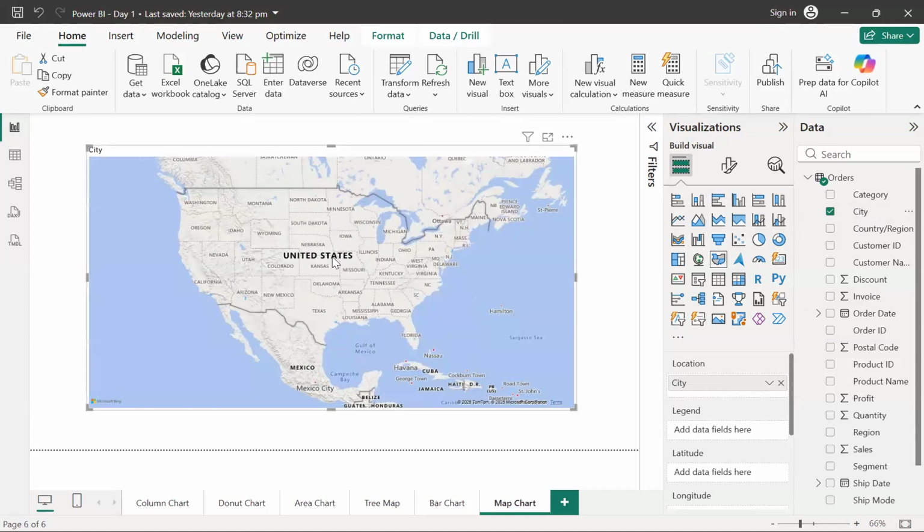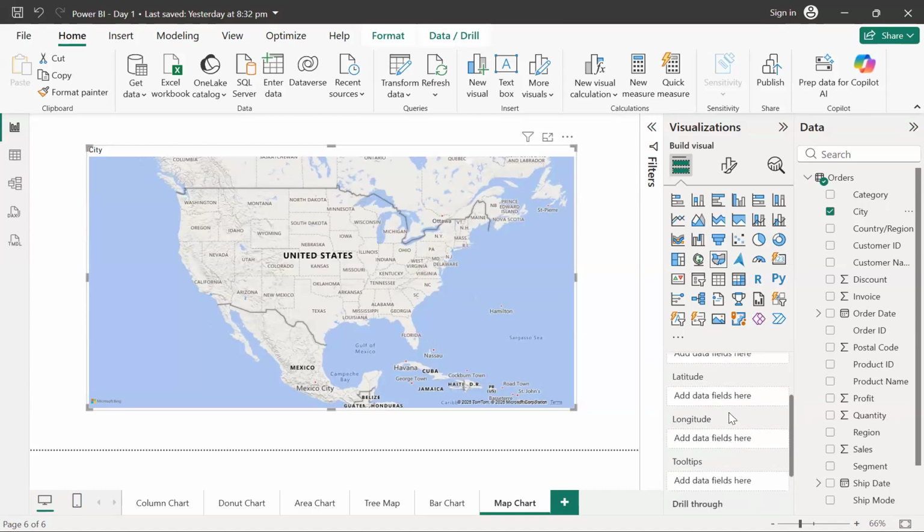There's a very simple reason, guys, that we have this data from the United States itself. So that's the reason as soon as you bring that city column, you're getting the United States. Now there are just a few cities, guys. If I just want to observe it, if I just want to hover over it, let's see how we can do that. We can try to bring two things over here, guys.